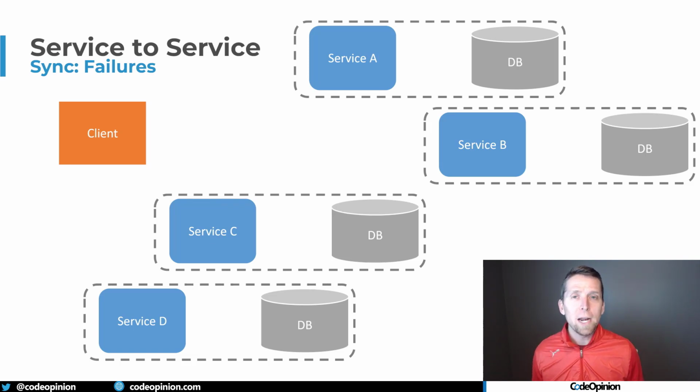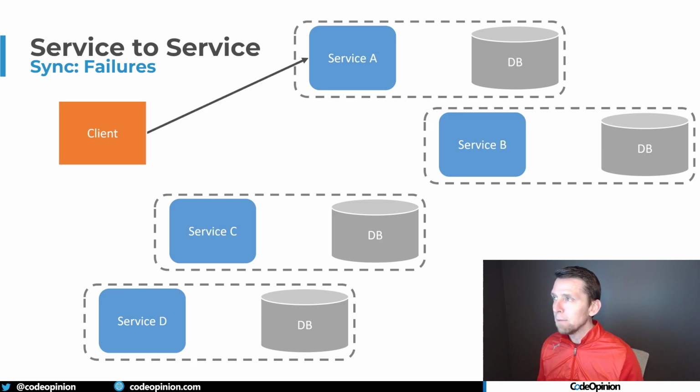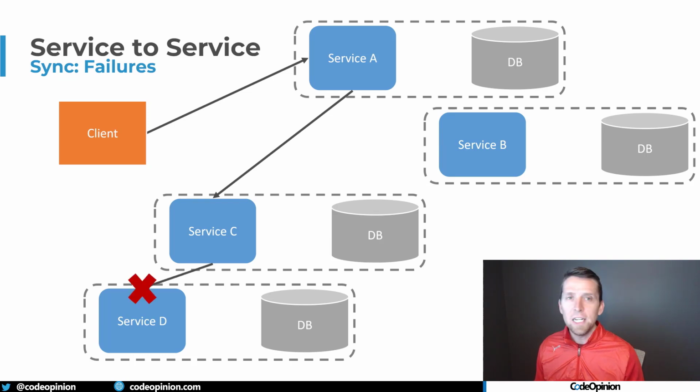What I'm describing can apply to queries, but I'm also going to use it in the context of a command. So let's say that we have a client that's making some type of request to service A, and it needs to make some state change or get some data. It then calls service B, and we keep going down this path. What happens if for some reason we get to the very end and we need to call service D and this fails? Now service C needs to have some resilience around service D and so forth all the way up. But if we were performing some type of state changes, we don't have any type of distributed transaction. So all the stuff we did potentially prior when service A called service B to make some state change, how do we roll that back now?